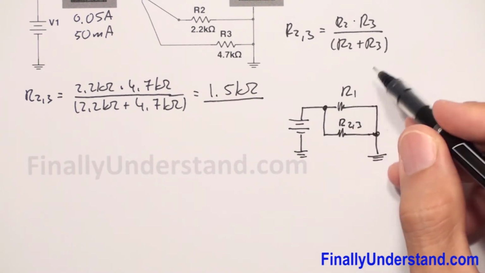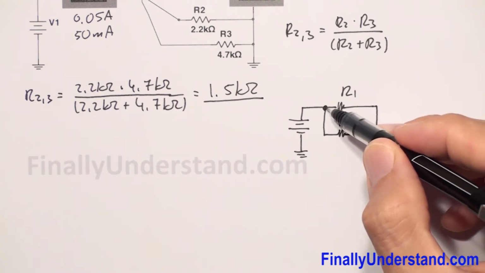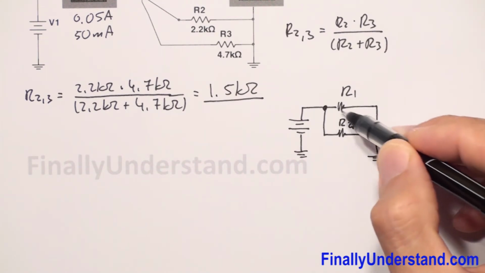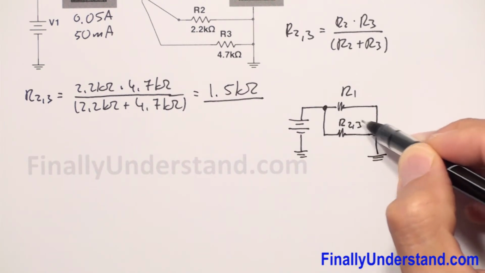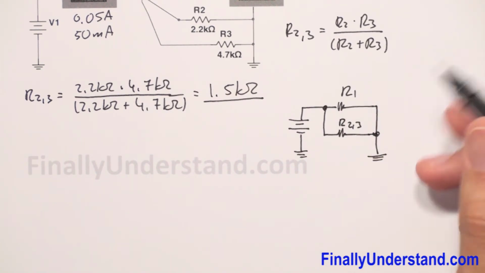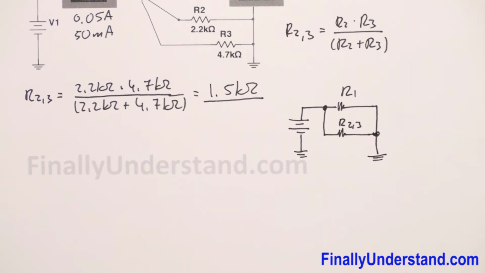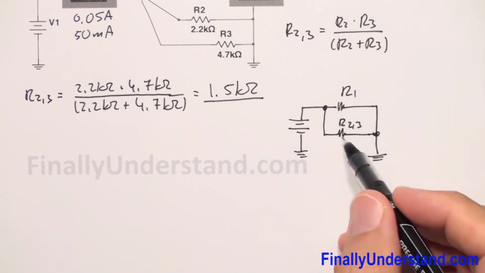So it means that these two resistors are in parallel. In other words, these two resistors are connected together by two terminals. If resistors are connected by two terminals with each other, it means that these resistors are in parallel. So we found this